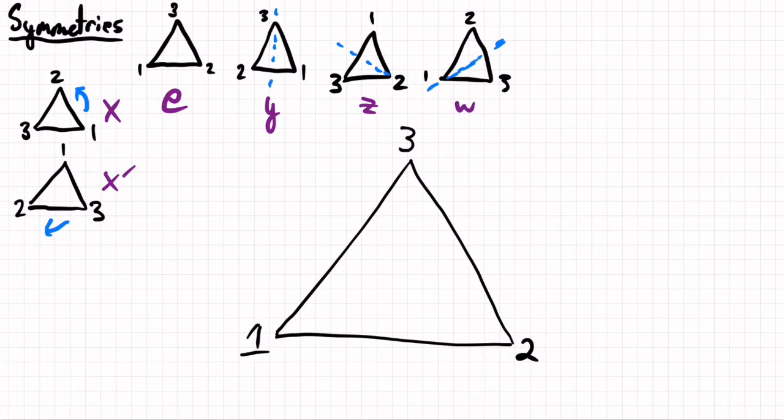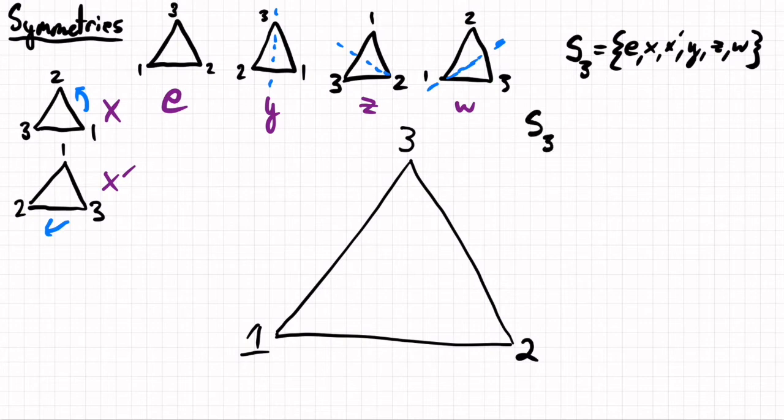So now what I'll do is I'll define multiplication of symmetries in the following way. So multiplication, so there's 3 vertices. This set is going to be called S3. It's going to have E, X, X prime, Y, Z, and W inside of it. And S3 is going to have a multiplication, so that's going to be a function from S3 cross S3 to